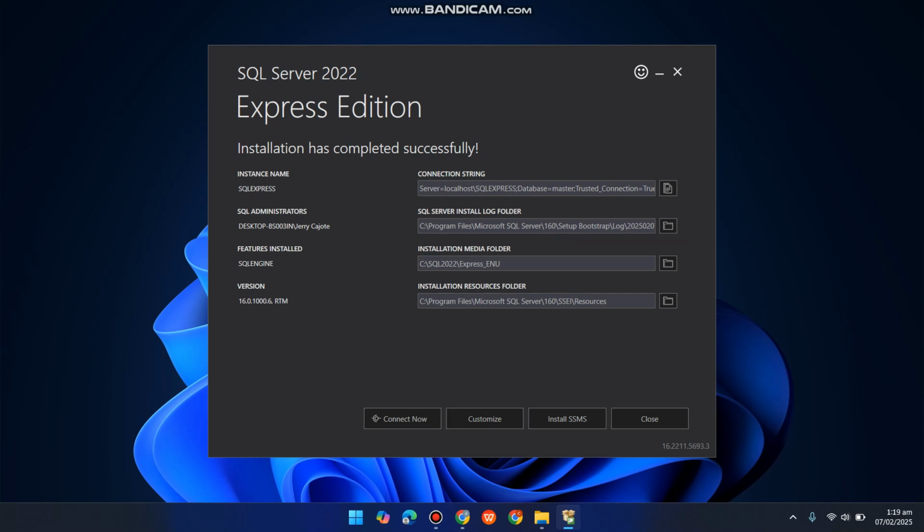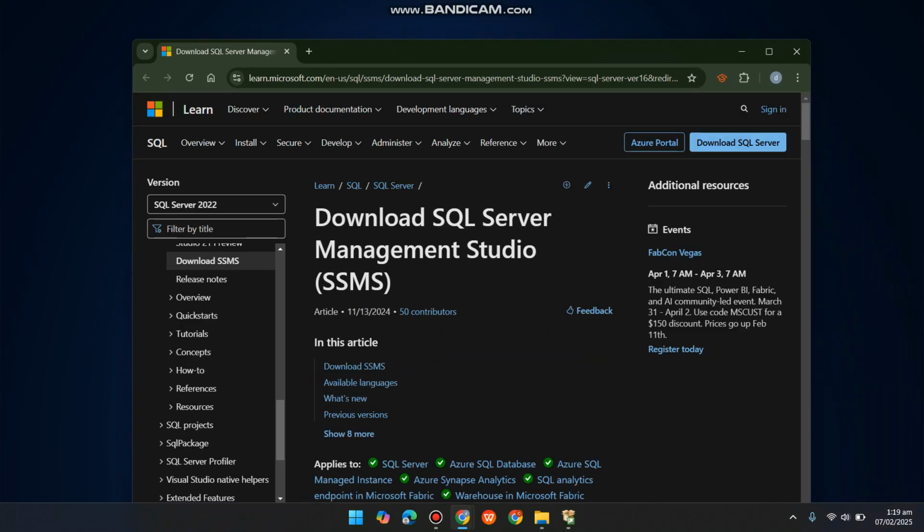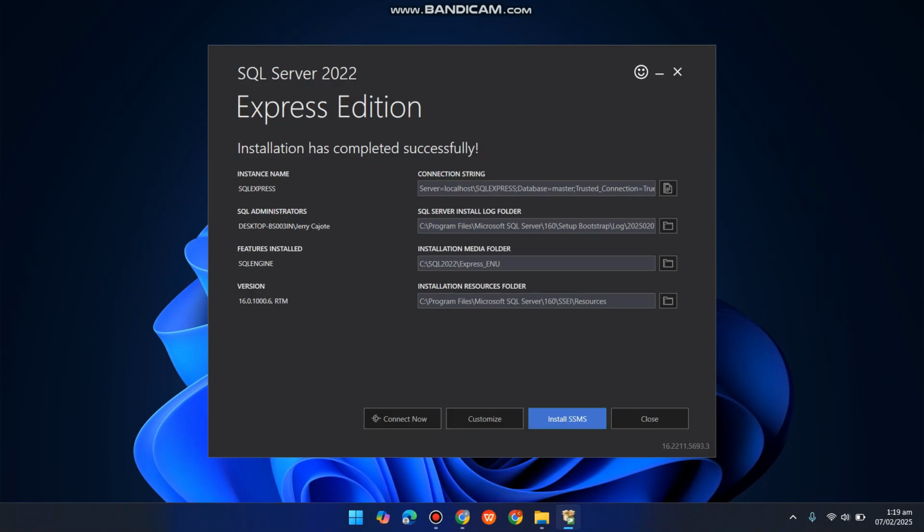So after successfully installing the package, the SQL Server 2022, install SSMS. Yes, we have already downloaded that in our file.